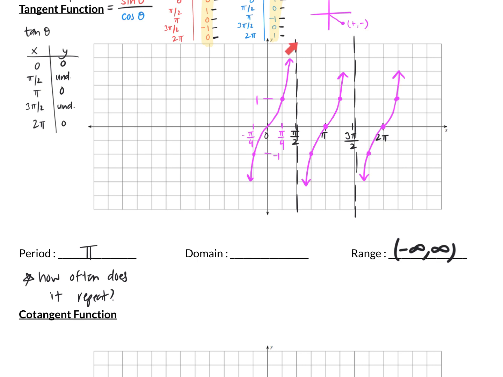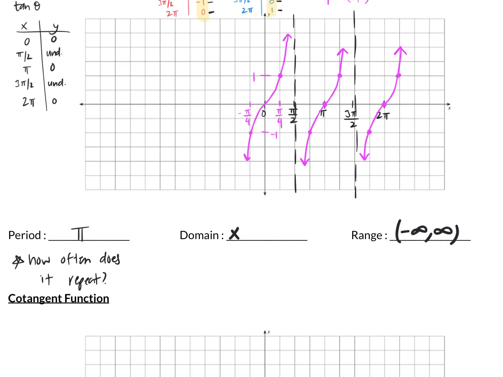So I can't have an x value of pi over 2 or 3 pi over 2 or 5 pi over 2, or same thing going in the negative direction, so negative pi over 2, negative 3 pi over 2, etc., etc. So I'm going to say the domain is x is a real number where x does not equal pi over 2 plus or minus some n value times pi,